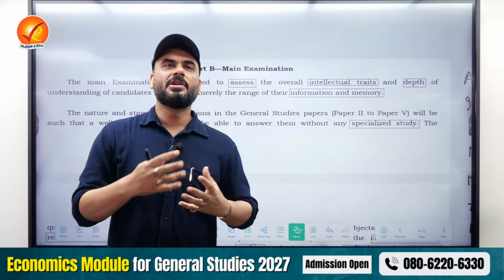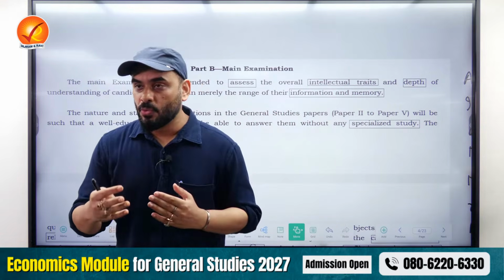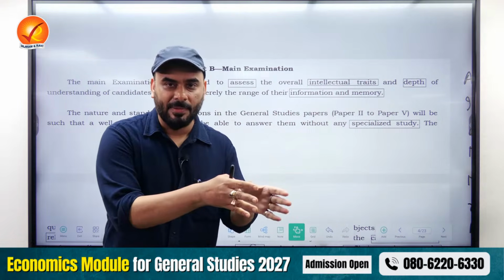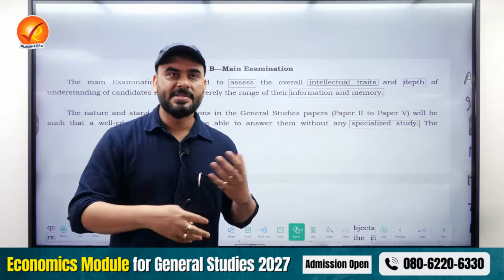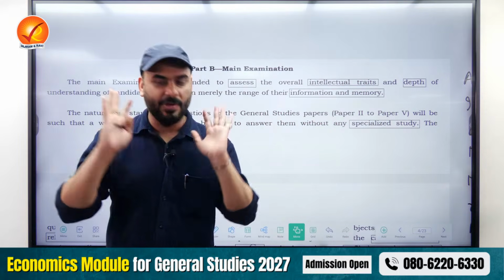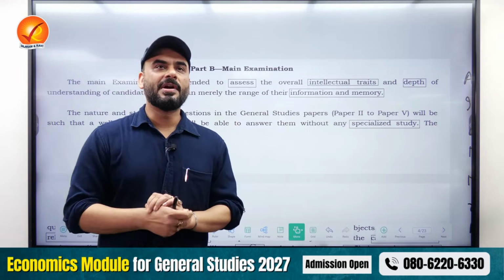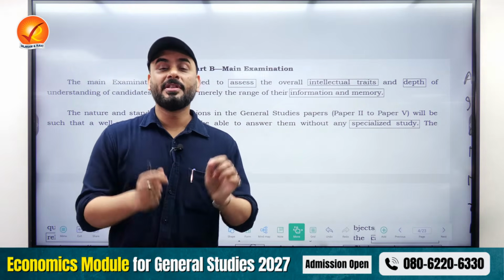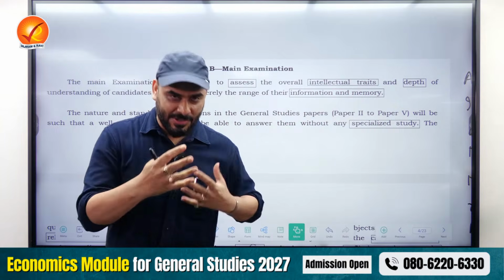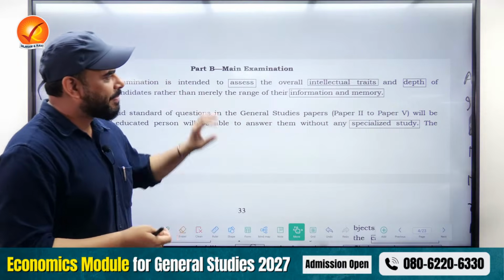But your intellectual ability, which means the ability to argue, ability to bring logic on the table, and ability to substantiate what you're saying with examples, case studies, these are the things that UPSC wants to see. Which means UPSC wants a thinking mind. A thinking mind is a mind which works on the basis of logic and deductions. So that is why they prefer to have a logical mind.